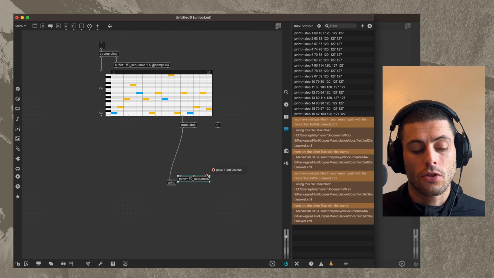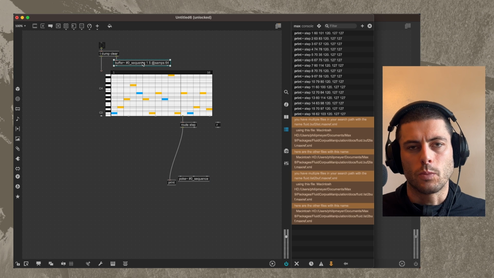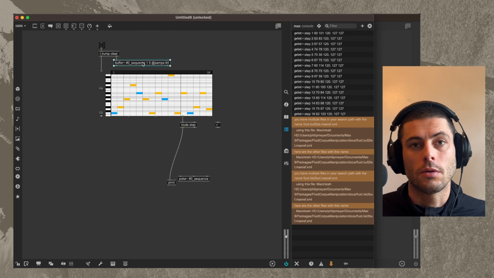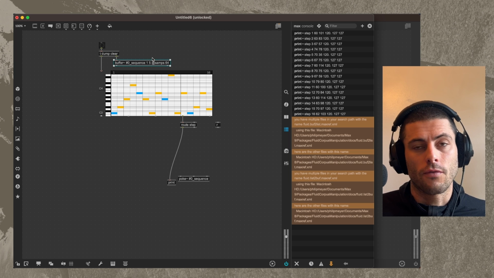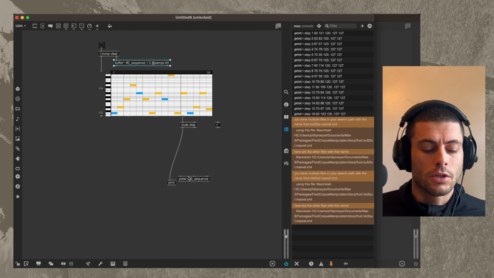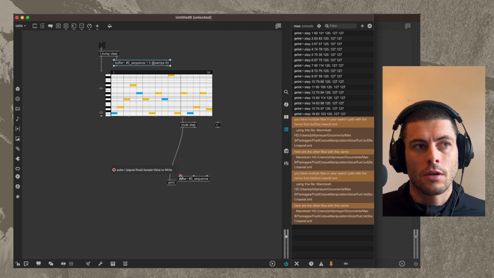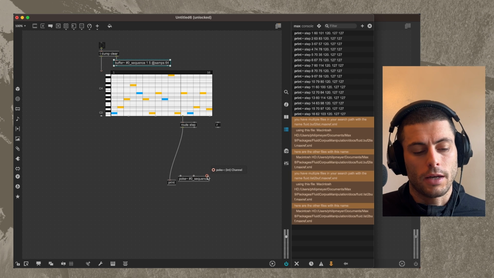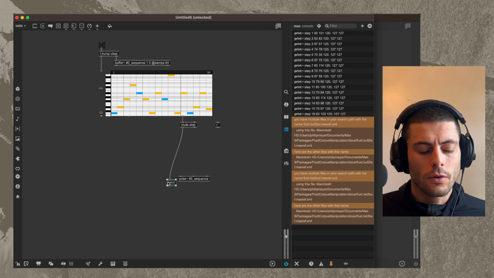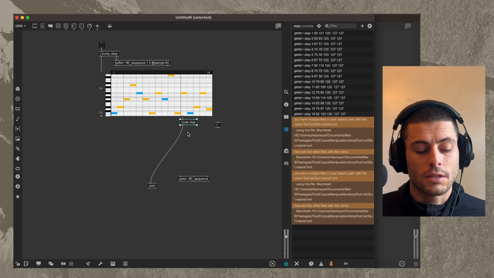And then the third is the channel, the y-axis position, because we can think of this buffer as being like a 2-dimensional matrix, or a table that has 5 rows and 64 columns. So you could think about this poke object as inserting data into this table, the first inlet being the data to write, the second being the x-axis position, and the third being the y-axis position. So the step is going to be the